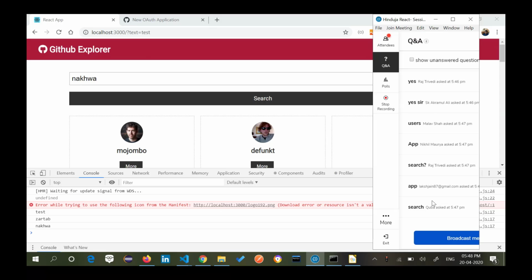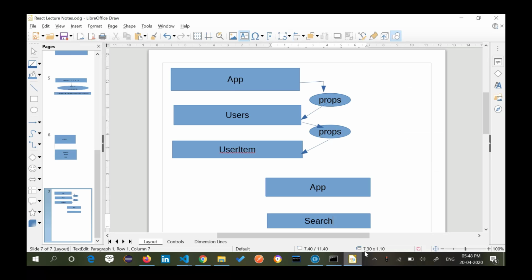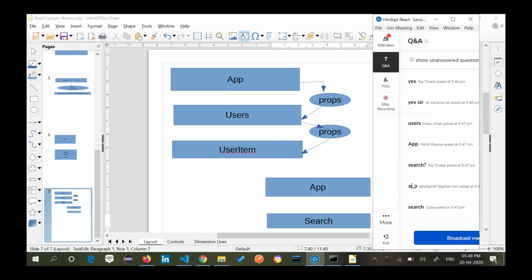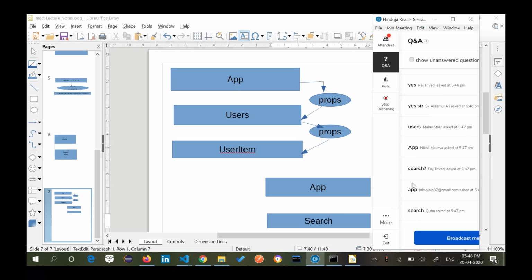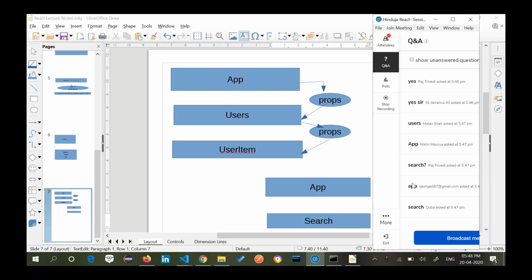But from what I have decided, from which component will I make all my HTTP calls? What have we decided? Yes, Nikhil, very right, we are going to make our calls from app.